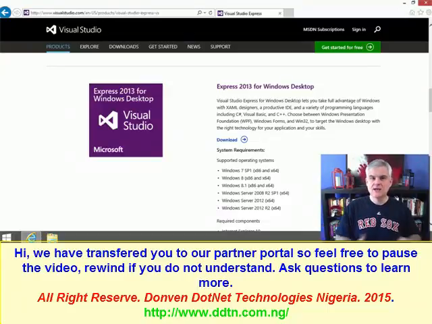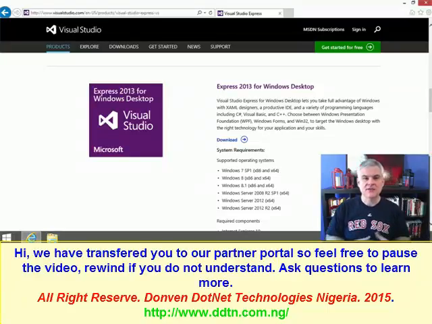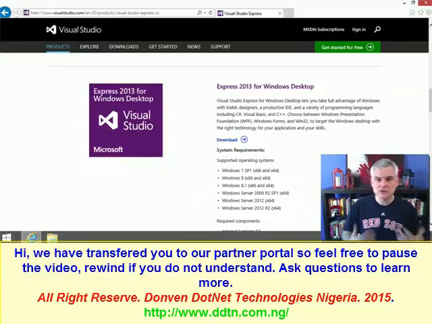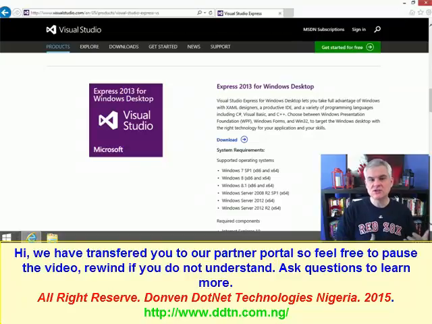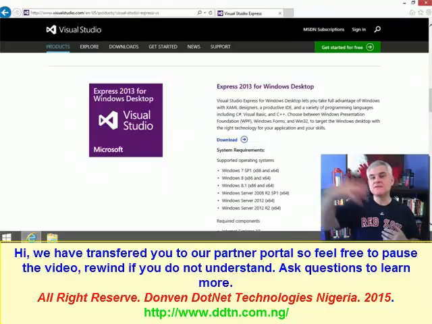Now, again, Professional, Premium, Ultimate editions, all of these application types are available, so you're good to go with one of the commercially available versions of Visual Studio. But that's not the case with Visual Studio Express. They split them up by the type of platform. There are other differences as well, but you generally will only need the Professional Edition or greater once you learn Visual Basic and the .NET Framework, and you need some of the advanced features